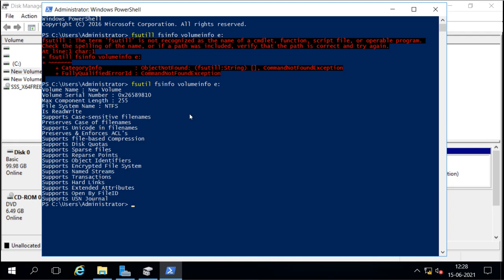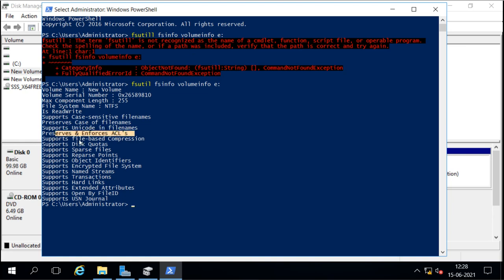Now it is showing the information about the E drive, and it is saying that the E drive is NTFS. The other information: it is read writable, supports case-sensitive file names, preserves the case of file names, supports Unicode, preserves and enforces ACLs.